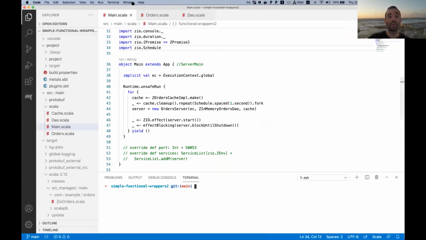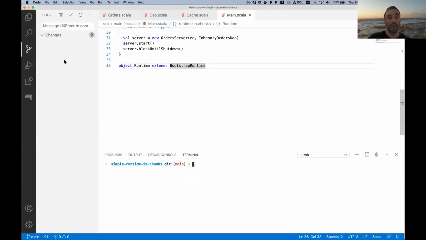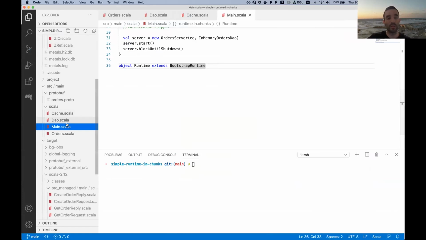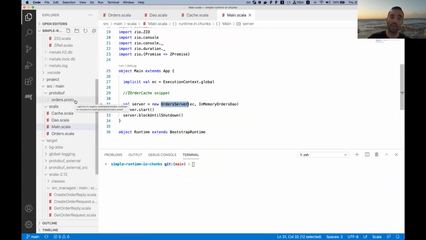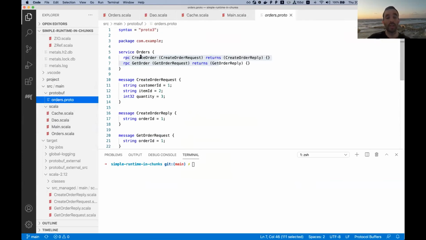So here we have our easy to understand gRPC service. It's an order service, an e-commerce service that handles orders, creates them, and retrieves them. So a basic CRUD application. Here we can see the definition in protobuf, and then the protobuf library ScalaPB generates